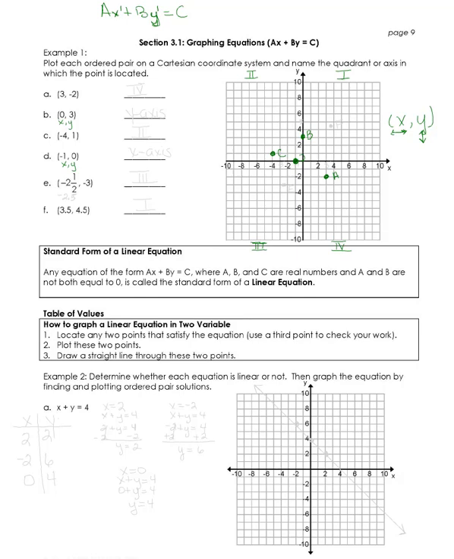Letter E. (-2 1/2, -3). Quadrant 3. Now you say -2 1/2. Well, I don't necessarily have -2 1/2 identified there,